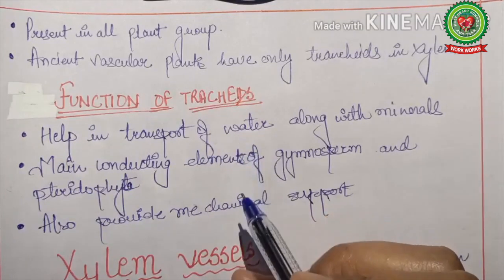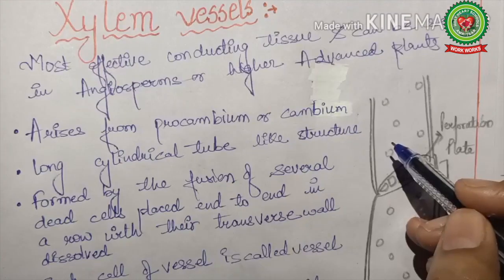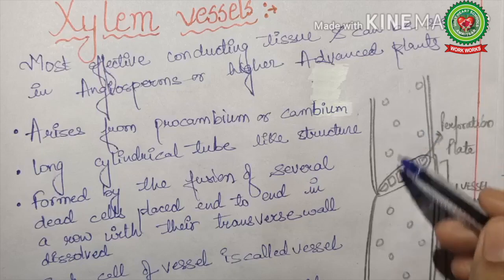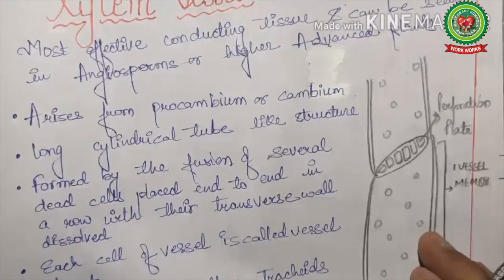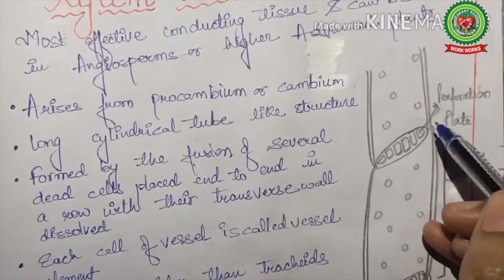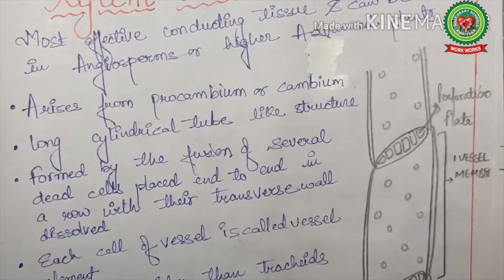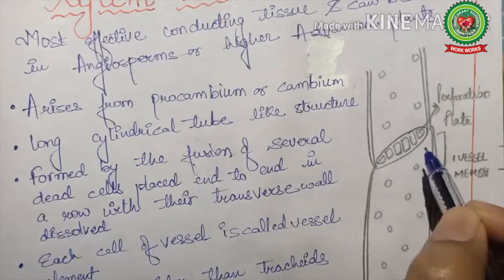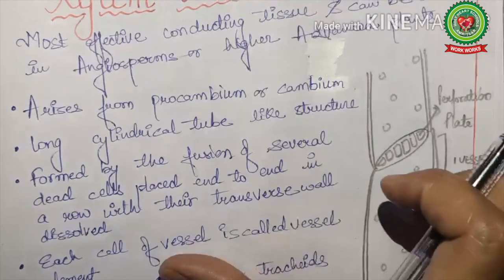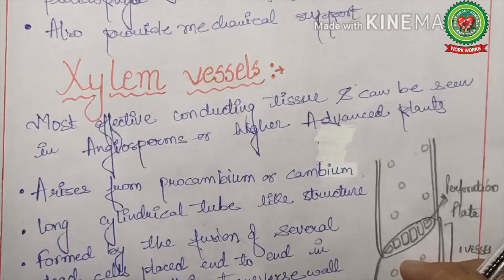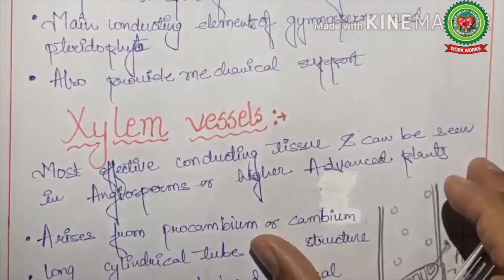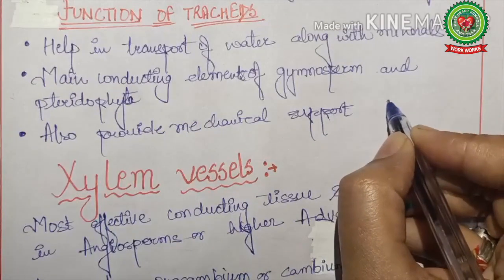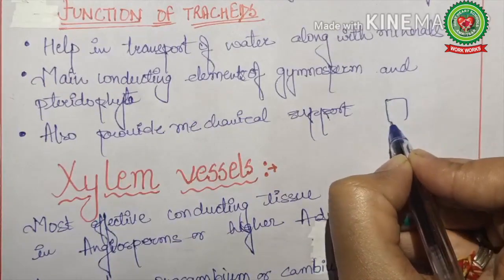Now we'll discuss xylem vessels. In xylem vessels, we can see that these are elongated tube-like structures formed by fusion of several dead cells placed end to end in a row with their transverse wall dissolved. Now, actually these cells are formed by procambium or cambium cells. Here, in case of vessels, lignification, you can see here, these cells are placed